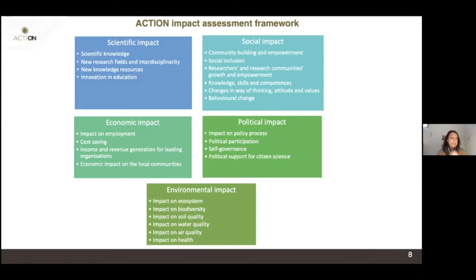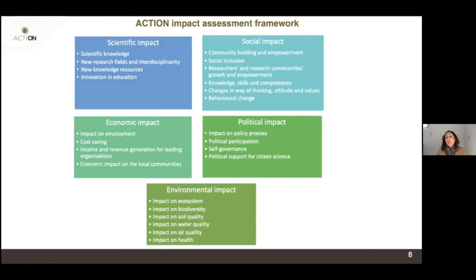For example, if a citizen science project is a conservation project, the activity can improve, for example, the ecosystem of a given park or a neighborhood, and this can generate benefit for the people who live in this community, which turns out to be less polluted or more green, and can attract tourism, can attract, let's say, more people to live there, or shops, or other kinds of activity. So this is something we look at.